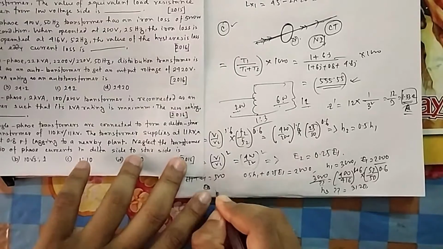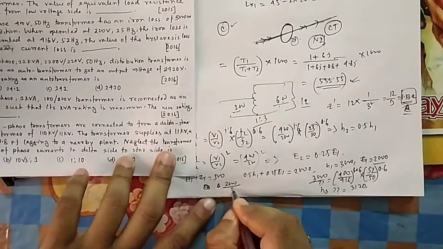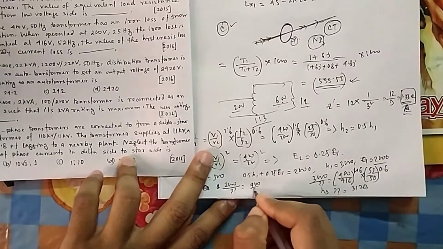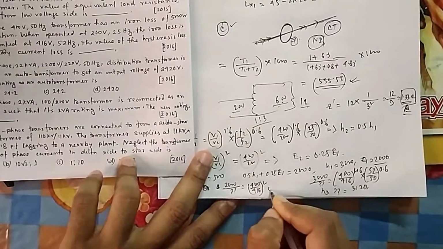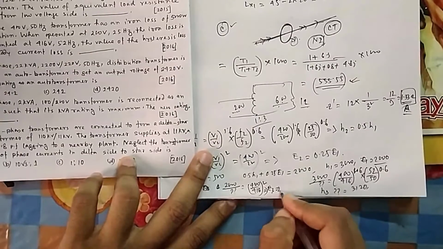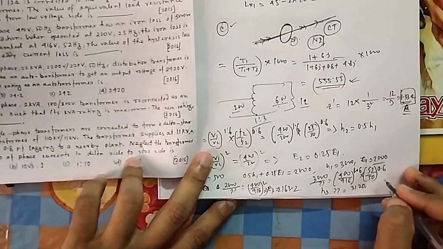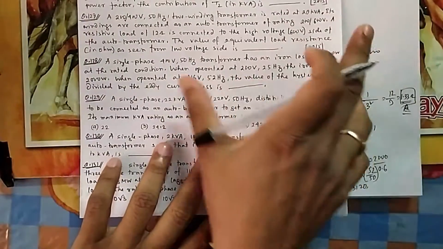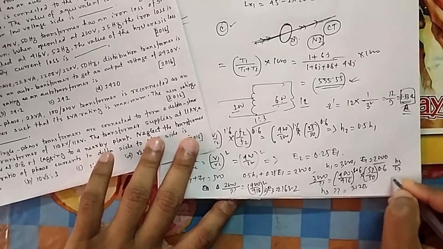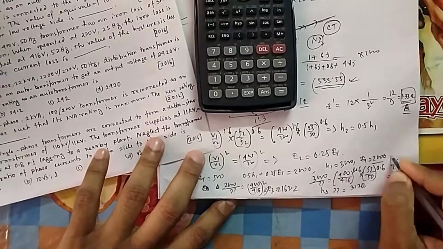Similarly your E3, E1 by E3, E1 is how much? 2000 divided by E3 you don't know, that is again equal to 400 divided by 416 square. So that means your E3, if you put it, you will get 2163.2. Now what are they asking? They are asking the value of hysteresis loss divided by eddy current loss. So H3 divided by E3. So if you put all these values, 3120 divided by 2163.2, you will get the division is 1.44. So that is your answer.